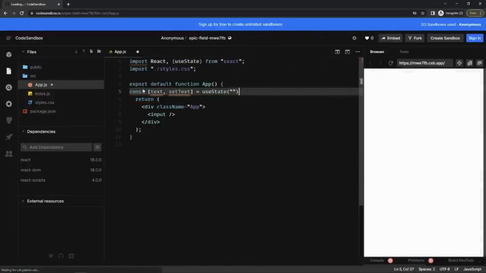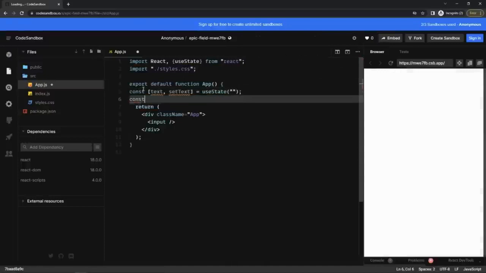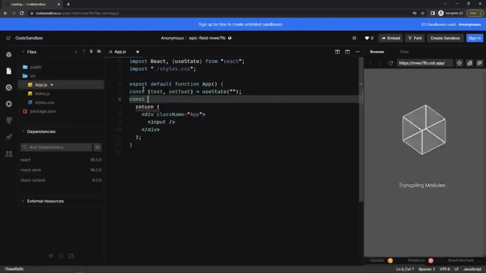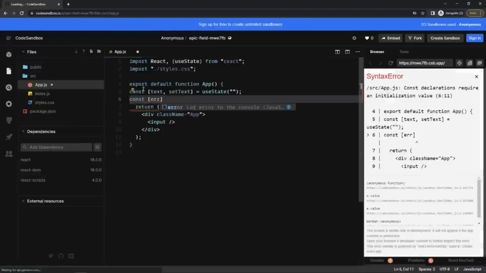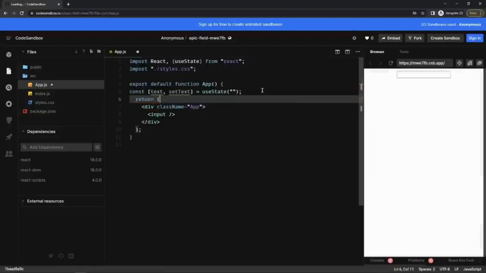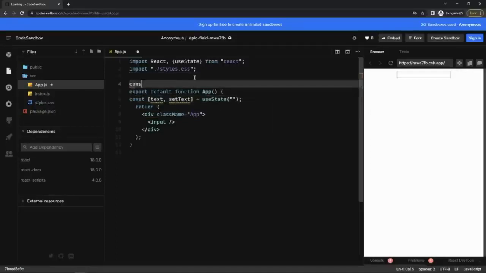Initial value would be an empty string, and I also want to store the error message. So the error would always be the same, so we don't need to store it in a state. I can just hard code that, maybe outside of the function, somewhere here,